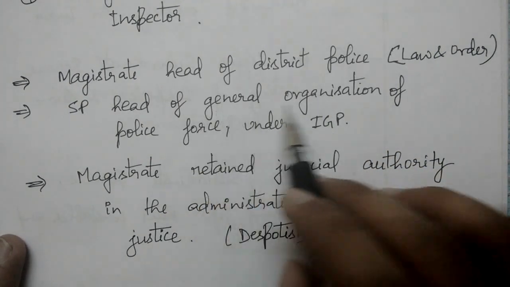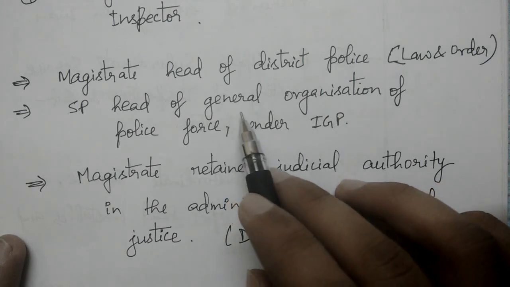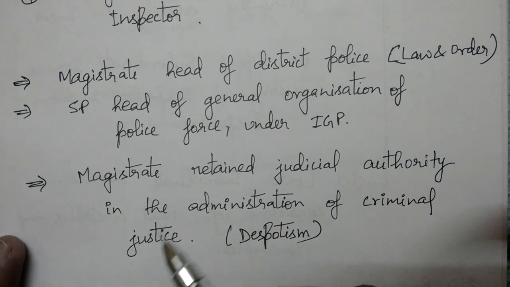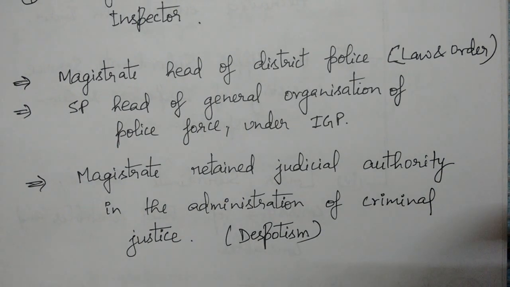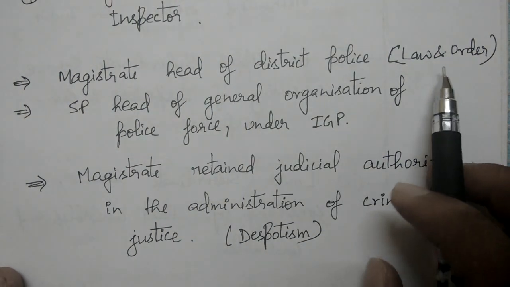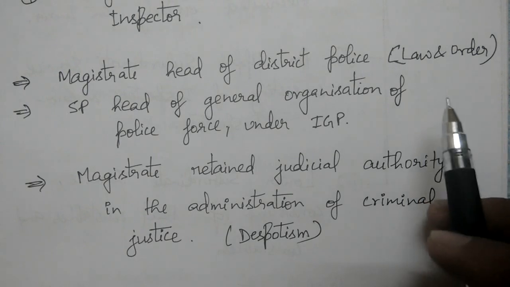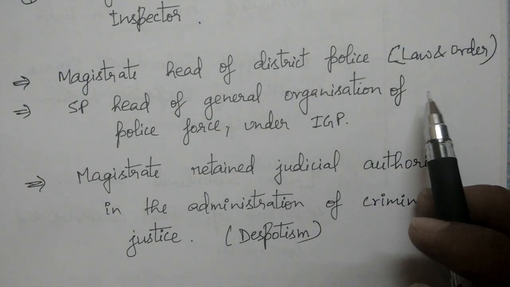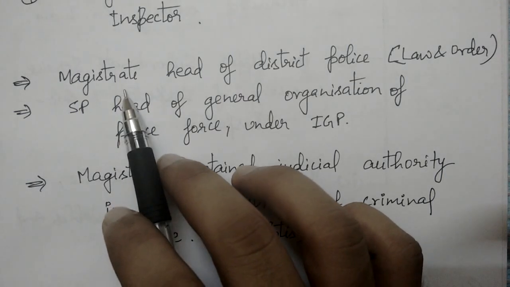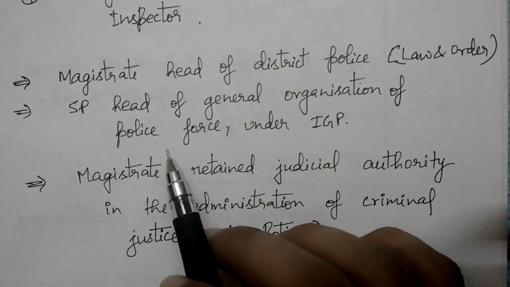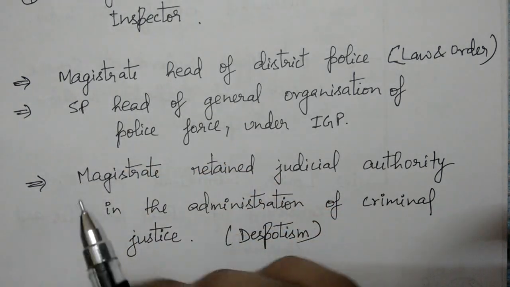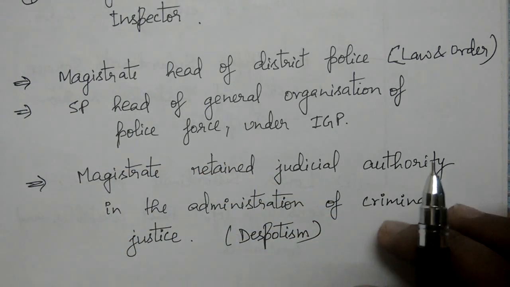You should know what general administration is: training, leave, clothes, and other general things, not law and order. But when it comes to maintaining law and order, or a riot has happened, or any other case, there the district magistrate is responsible. But if some crime has happened and an investigation is going on, then the SP is responsible for that. He has to do independent investigation,